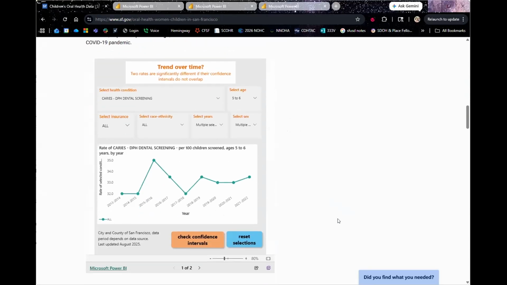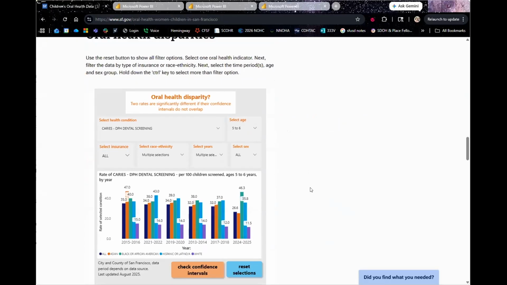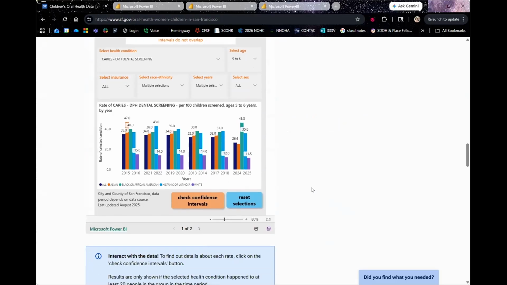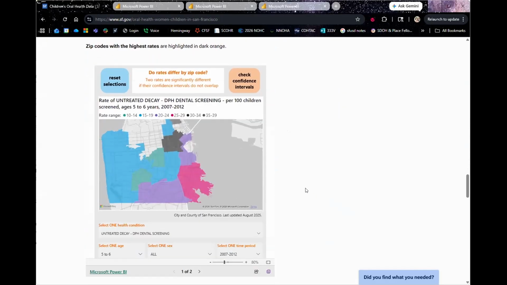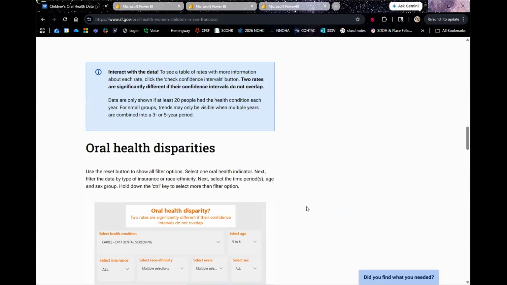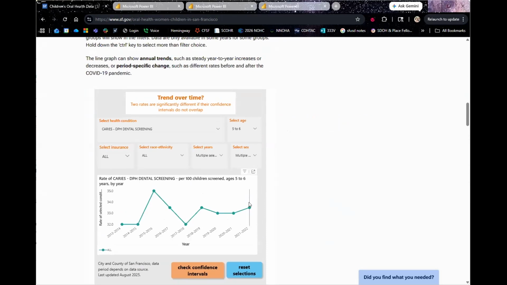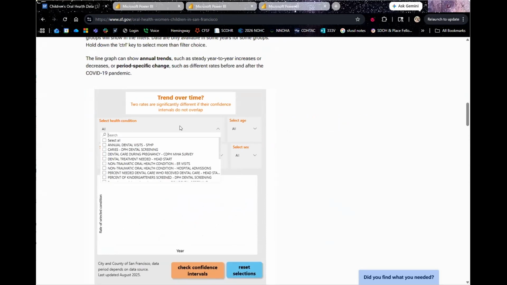There are time trends where we show rates of caries over time, as far back as we have digital data available. There's some disparity data as well, and maps. And if you're playing around with our dashboard, you can take a look there. It's not just our COHA screenings, so that would be the DPH dental screenings.